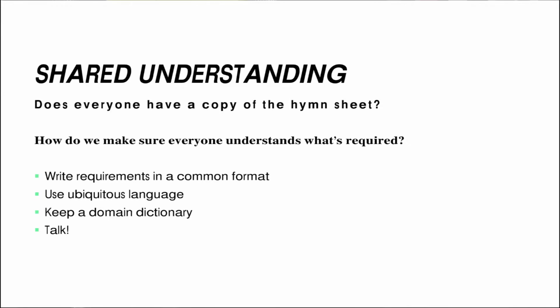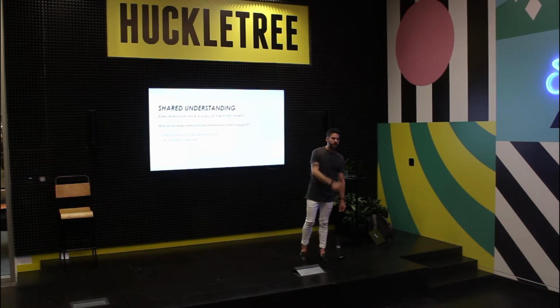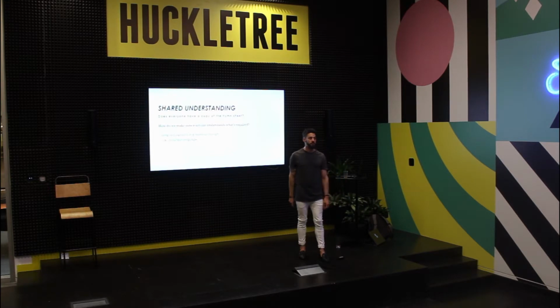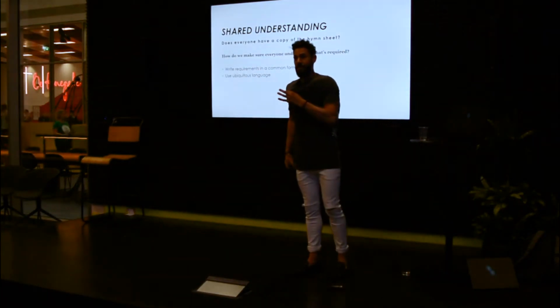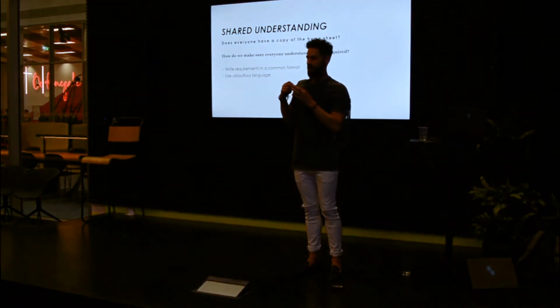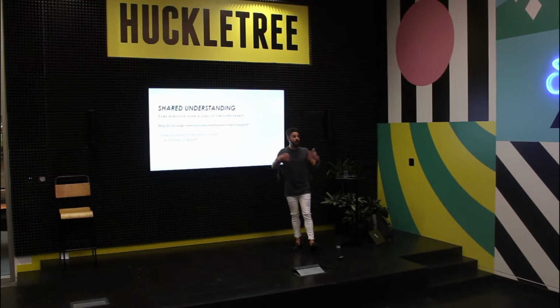A ubiquitous language is a classic concept. It's been around for literally decades. It's where we share the same terms. If I say to you, we need to change the product name, that's going to mean something different to every person in this room. For me, this is a product, but this is not a product that I can actually sell. This is a product which means a group of variants which come in sizes and colours. For someone else, a product is something that they're developing. A minimum lovable product, for example, is a product of something.